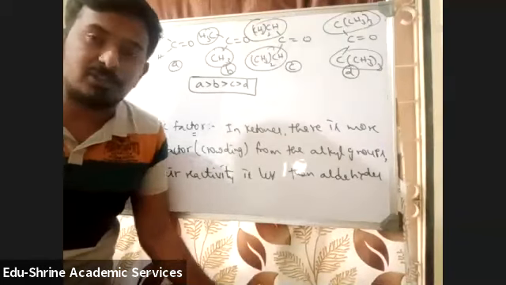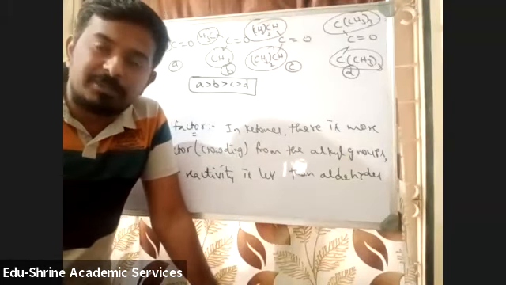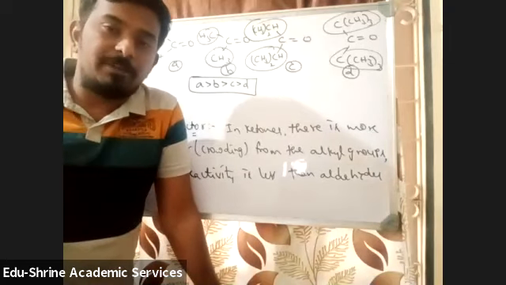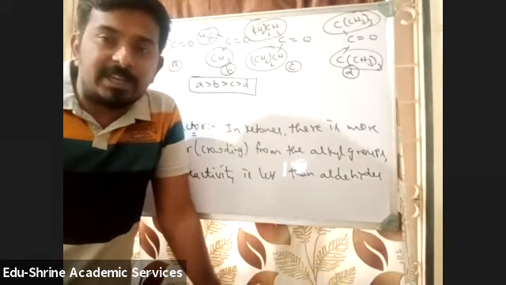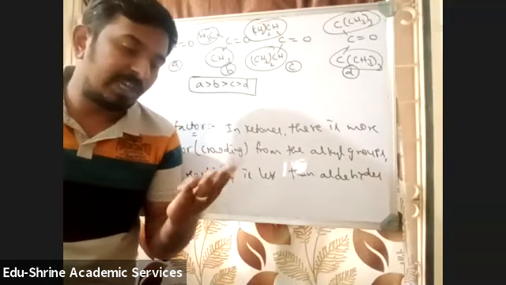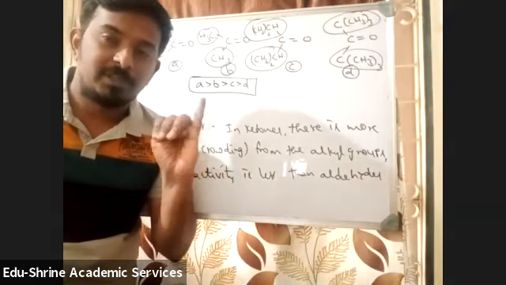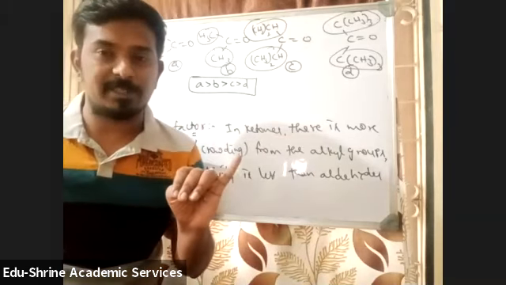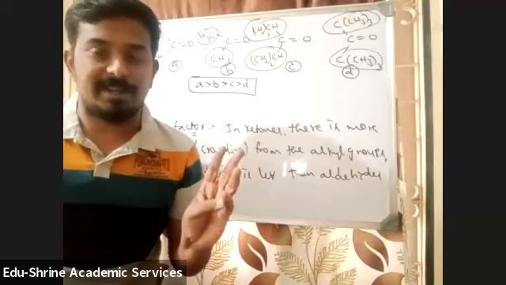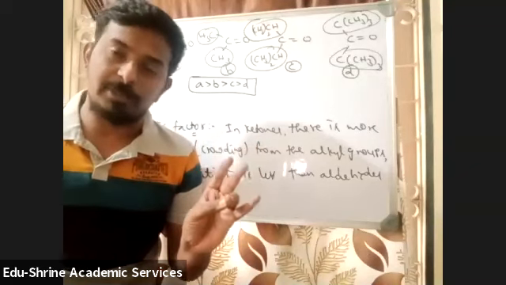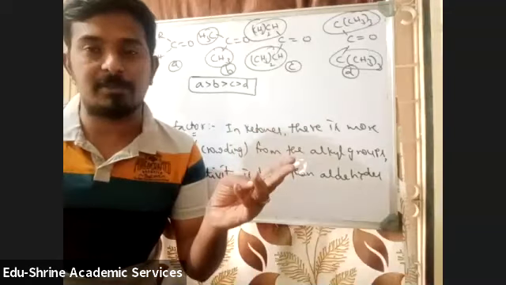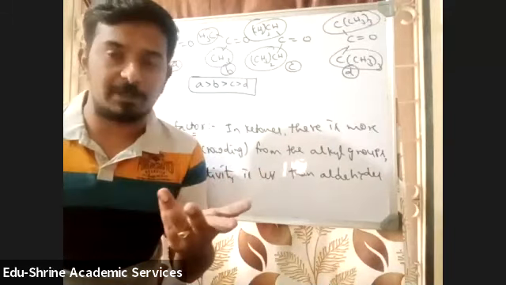See, from Jan they are going to start the classes. Minimum they will be giving 3 to 4 months for the completion of the syllabus. Even if you take it as 4 months, right? So Jan, February, March, April. By the end of April, 4 months' time, they'll be giving for the completion of the syllabus. In May, if practicals are conducted, then in June your exams will be. Right? So in that case, in May there will be first PU exams, and in June you may have your second PU exams.